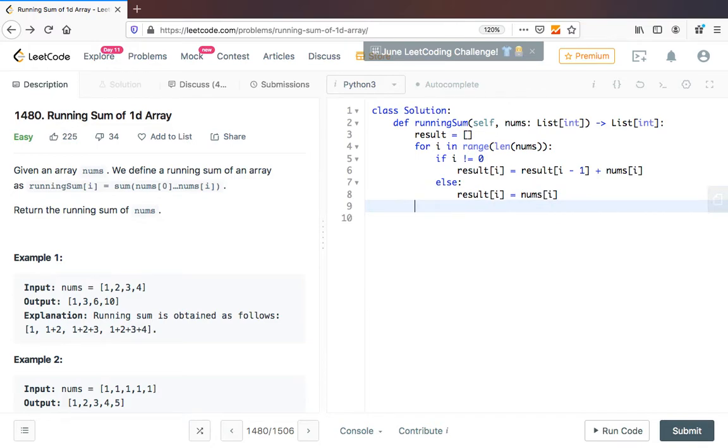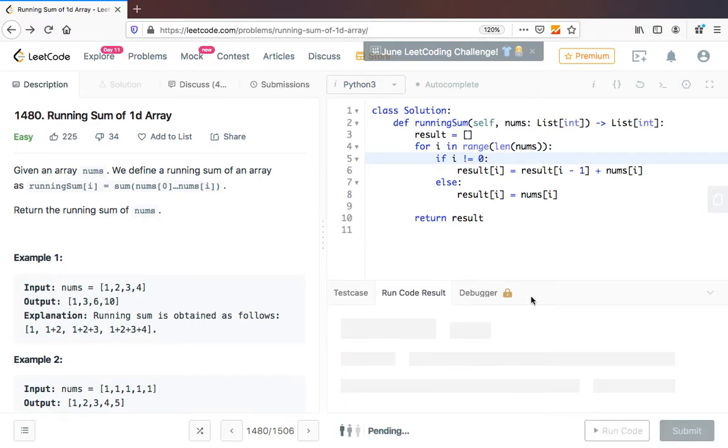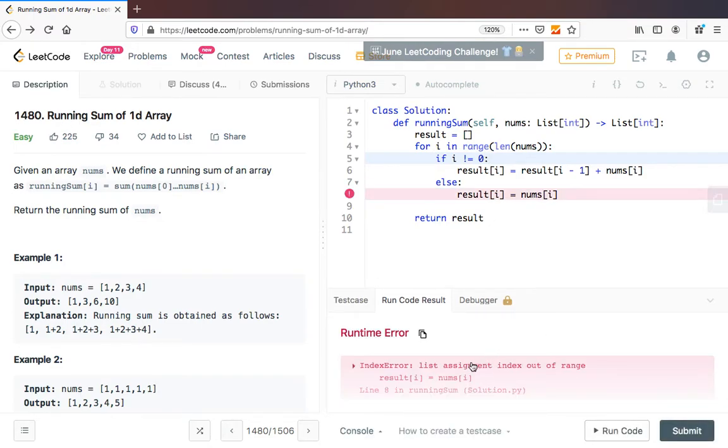Now you would think that this should actually work, but it will not. Let's see. Okay, that one was easy to fix. Now it's saying list assignment index out of range, and that's because, coming from my C background, it's the classic mistake I'm making: assuming that the memory for the ith element of the result is already there. It's like I'm indexing into a pre-allocated array, but the fact is that there is no array. We have to build it as we go. Python will do it dynamically for us. So the way to go is you don't say result[i], you say result dot append,